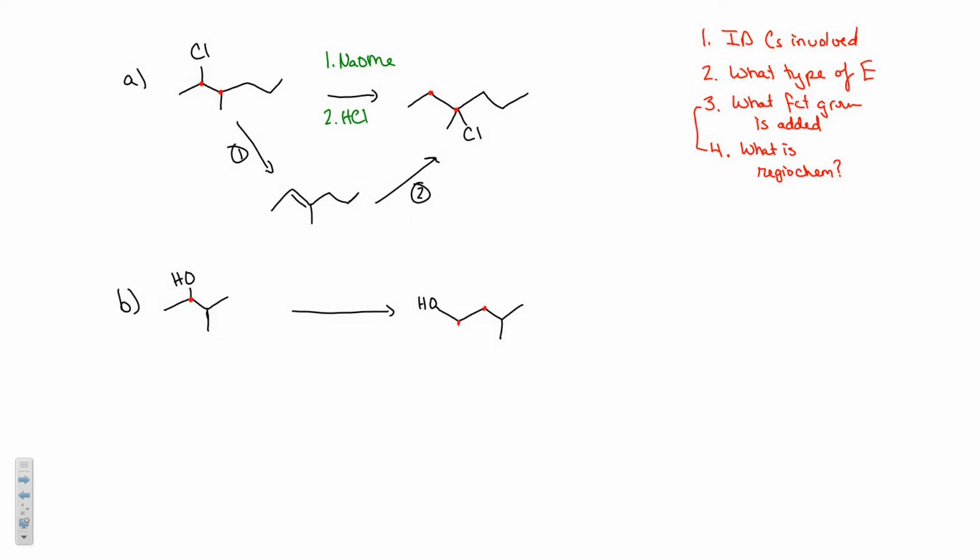So my OH is moving from here to here. So those are my 2 carbons, right? And if I'm looking at the type of elimination, is this Zaitsev or Hoffman? It's Hoffman. It's going to the less substituted side. So that means that my base has to be